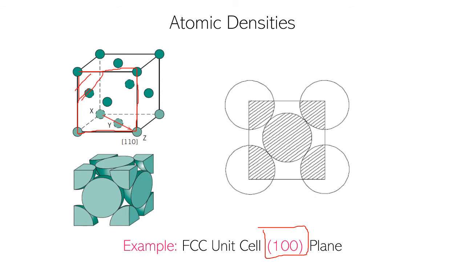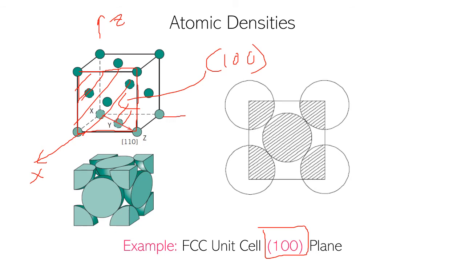So you must understand, this is the 100 plane, and we are talking about this 100 plane. Assuming again that this is the z-axis, this is the x-axis, and that is the y-axis. So that's a 100 plane, and the atomic arrangement across that 100 plane is shown in this picture. If you look at the front view, that's how the atoms in that plane look: four corner atoms and one face centered atom.